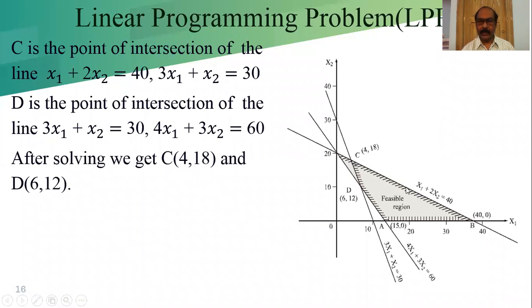For this case, the feasible region is on this side, and this constraint's feasible region is on this side, the origin side, so opposite to that, this side. Two lines, this side. What is the common area? This is our common area. This is our feasible region. What is the feasible region? A, B, C, D, A. That is our feasible region.